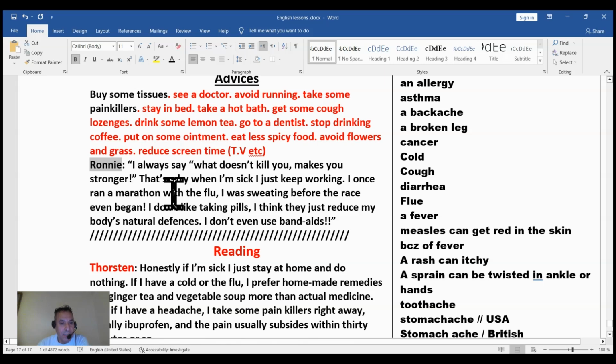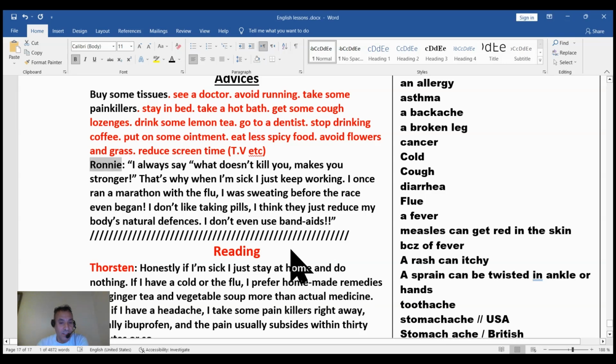So I always say, what doesn't kill you makes you stronger. That's why when I am sick, I just keep working. I once ran a marathon with the flu. So he's sick and running. Okay, with the flu, I was sweating before the race even began. I don't like taking pills. He doesn't like it because he feels like he's strong.